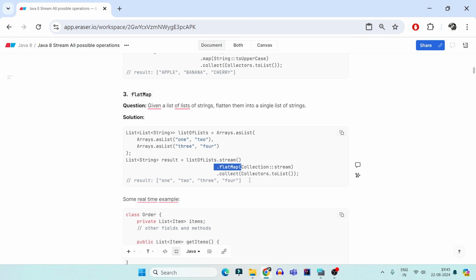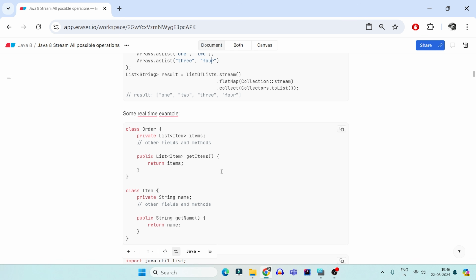Too much theory, and I don't understand why I would want to concat 1, 2, 3 and 4 into one simple list. I cannot relate it to the real world. So how can I relate it? Let's take a real world example. Suppose I have an e-commerce website, and multiple orders are coming to my website. Now all those orders will have multiple lists of items. For example, I am Amazon. Today I have received 5 orders. In each order I have 10 items. So how many items do I have in total? 5 orders with 10 items become 50 items.